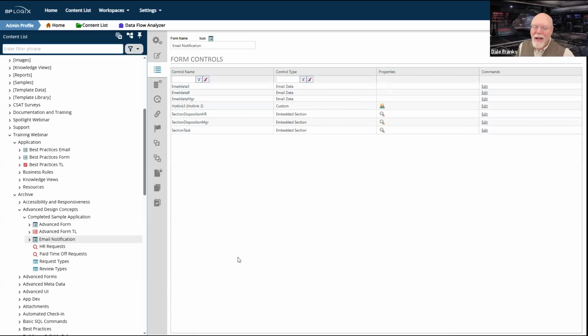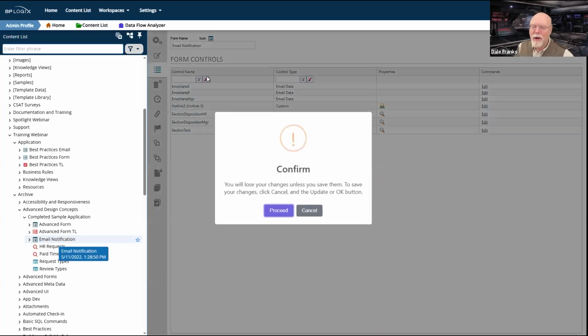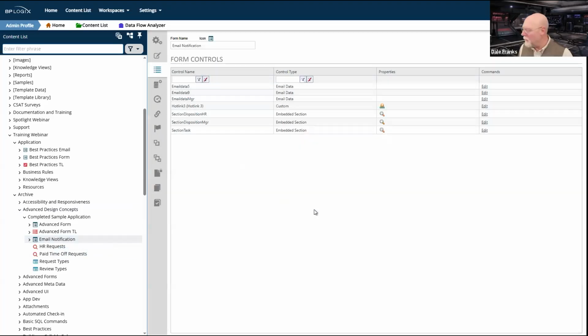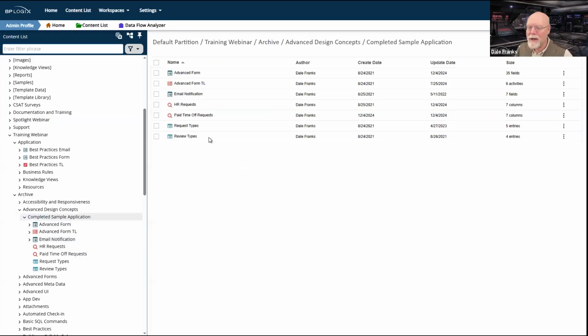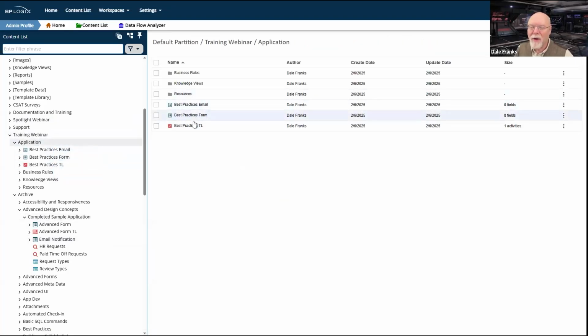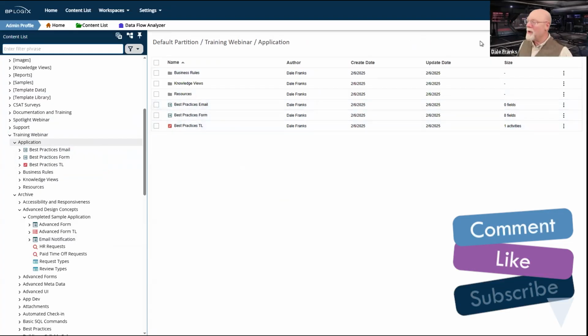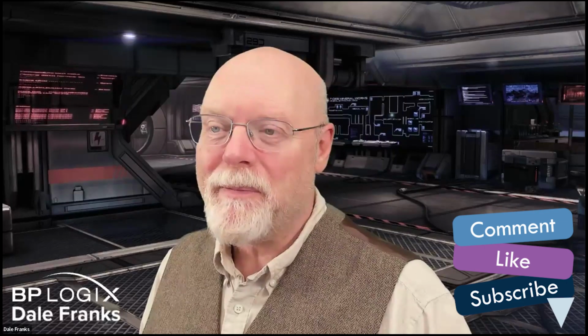But that allows me to have my single email notification, which sends multiple notification messages based on where I am in the process. And so I really only need these three objects: the form, the process timeline, and my single email notification. So I only need these three objects to actually make my application work. There are other best practices, but what there isn't is time.